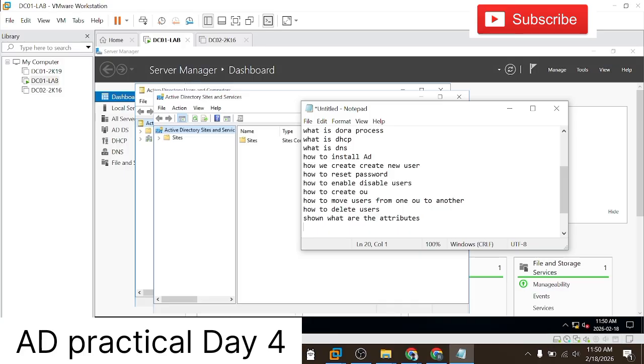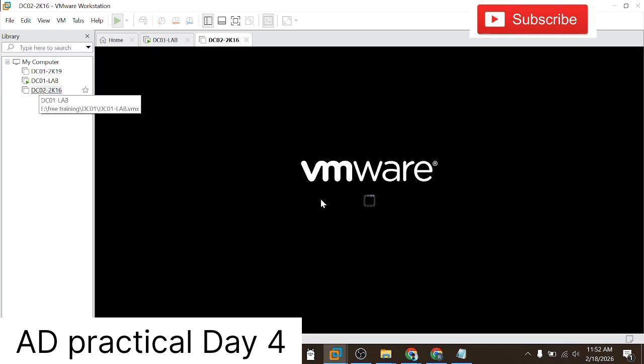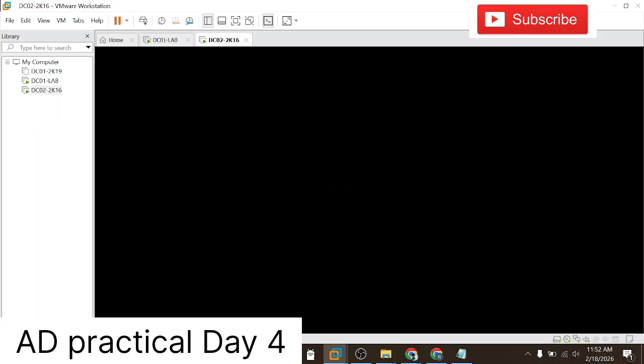So this is another machine which I prepared the same day, similarly like our primary machine. So I'll show you how to join the domain. Why do we join the domain? There are two scenarios. One, let's suppose Vasant joined as per his offer letter date, and on the first day he got his laptop. When he got his laptop, his ID was created by the AD team, but on this laptop when he tried to log in, he won't be able to log in until that laptop is a